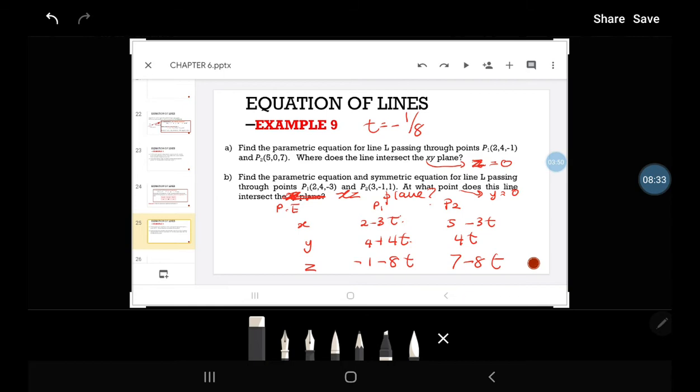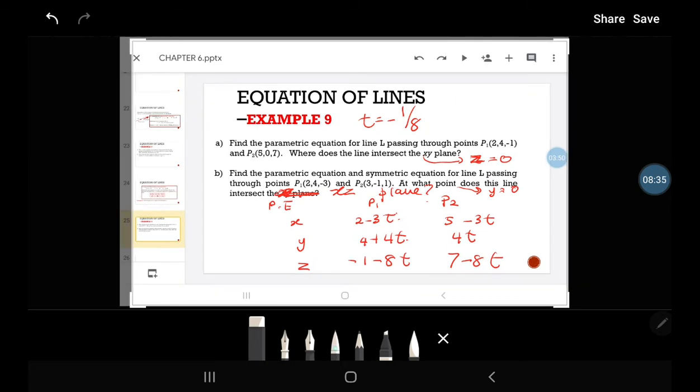So x is 2 minus 3 times minus 1 over 8, which will get you 19 over 8, and y you will get 4 plus 4. Okay, I want you to do it on your own. So y is 7 over 2, whereas z is 0. So the point of intersection is